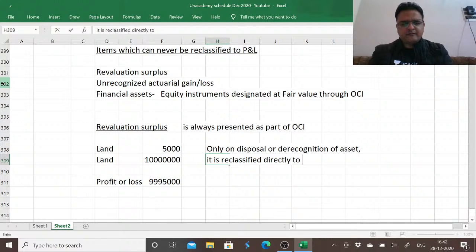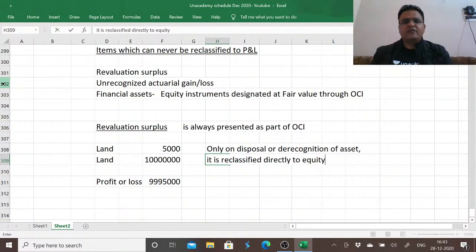So when we revalue an asset, if it results in a loss, then being conservative, we book the loss immediately to P&L. But if we are expecting a growth in the value of an asset on revaluation, that growth we are presenting to revaluation surplus. Unless we have suffered a loss previously on the same asset. If we suffered a loss previously which we have charged relating to this asset in P&L, and in future it reverses, then our duty is to first reverse the loss which we have charged to P&L, because P&L is unnecessarily hit, and if we don't reverse it and directly book it as part of OCI, then P&L will definitely want to recover at least the money which we have charged relating to this asset.